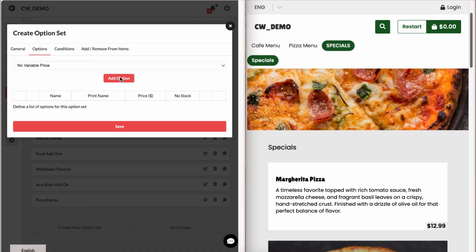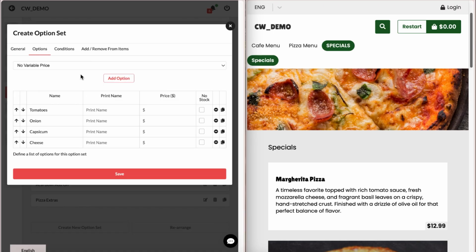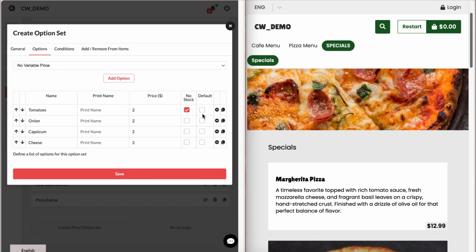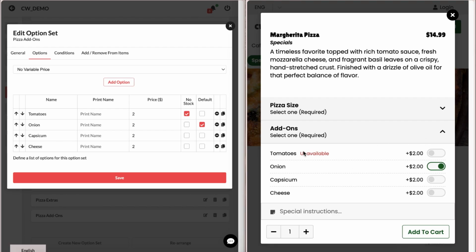Next, click Options, then Add Option. Enter the name, optional print name, and price. If the item is temporarily unavailable, toggle No Stock. It will be tagged as unavailable in the store. For required option sets, you can set a default option to be pre-selected. Here's an example. Options marked as No Stock show as unavailable, and the default option is pre-selected on the customer-facing